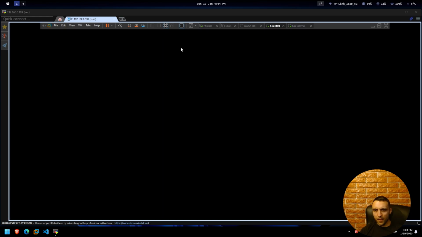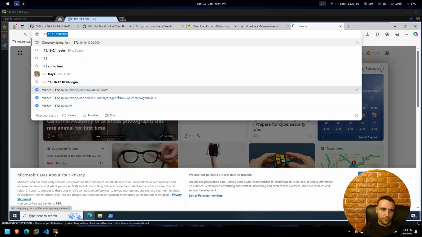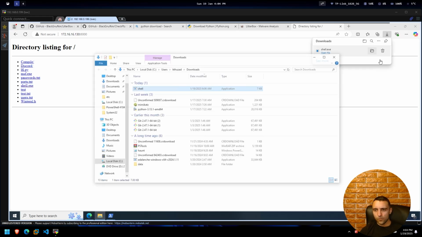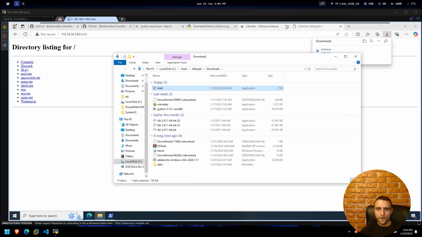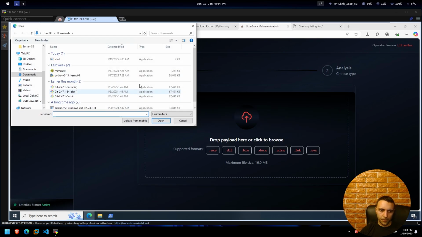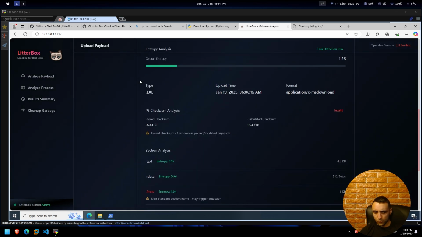I know I can use the API, but I don't feel like doing it now, so I'm gonna do 172.60.60, navigate to my IP address in the Kali machine, then download shell.exe. Okay, now it is downloaded, so I can open inside that folder and pretty much upload it. I'm gonna go to LitterBox, click here and just specify shell.exe. Now, of course, the name is obviously something malicious, but let's see the output and what this tool actually